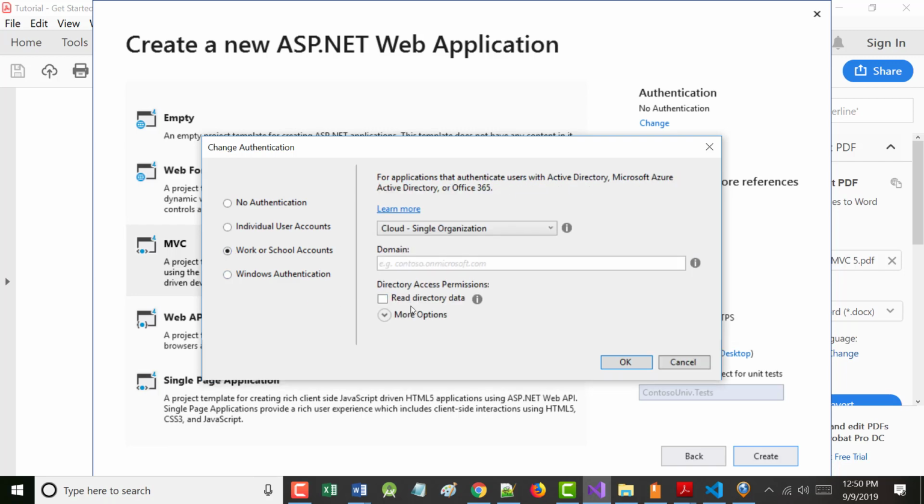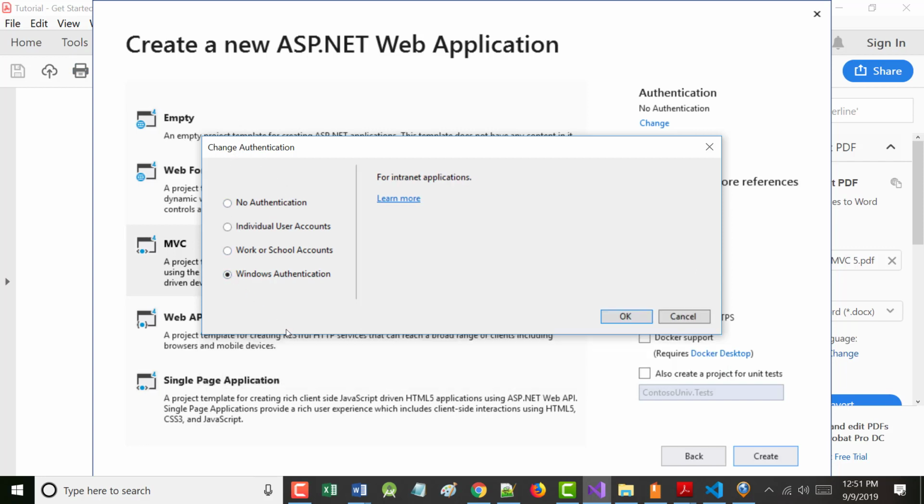It says for applications that authenticate users using Active Directory, Microsoft Azure Active Directory, or Office 365. I'm not going to do that either. The one that is used most often, if you look up on the screen here, is this one, the Windows authentication,